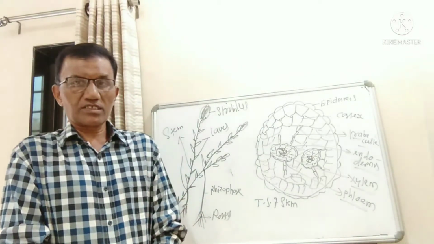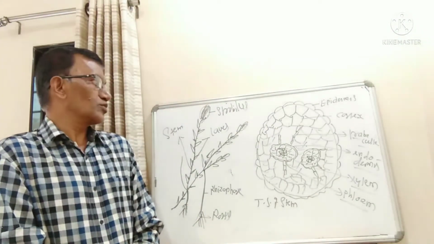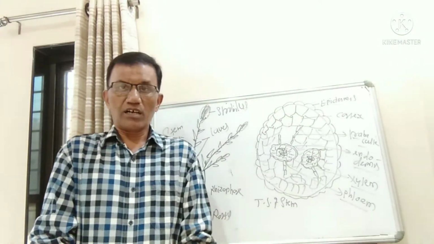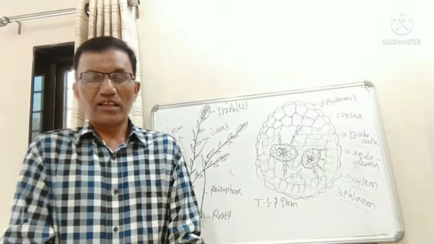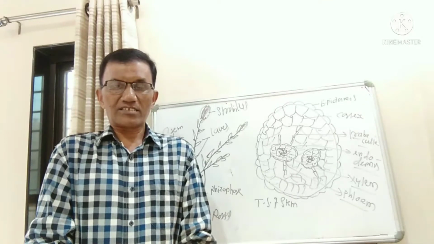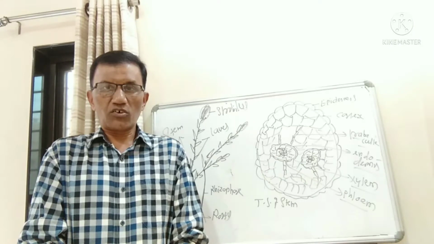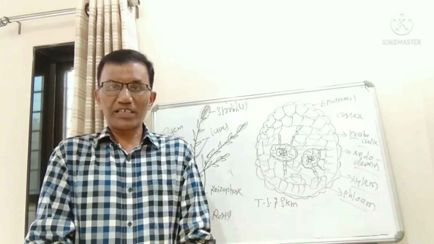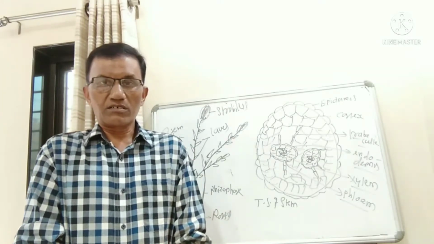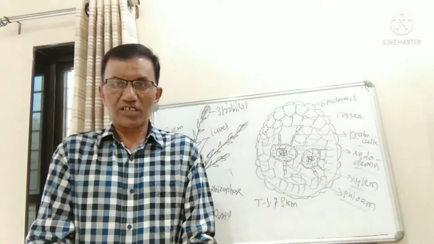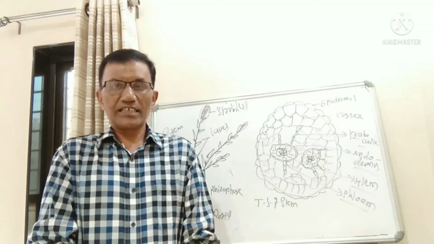Yesterday we discussed some of the important characteristics of Selaginella. I also explained the systematic position or classification of Selaginella, then occurrence, external characteristics, internal characteristics, multiplication or reproduction, how the multiplication takes place in case of Selaginella, then the structure of strobilus or cone of Selaginella. So all these things we discussed yesterday.